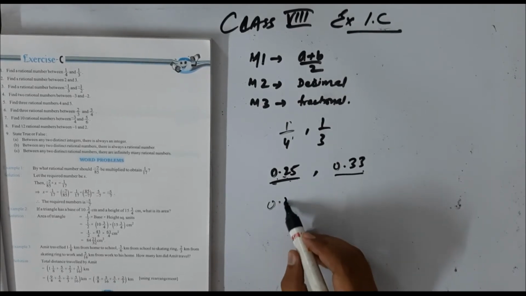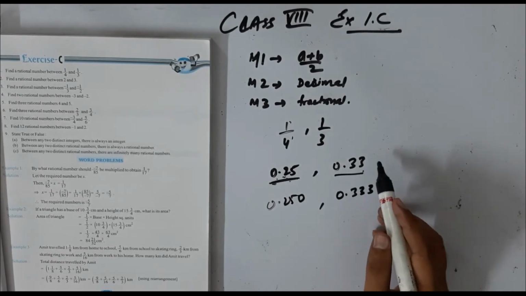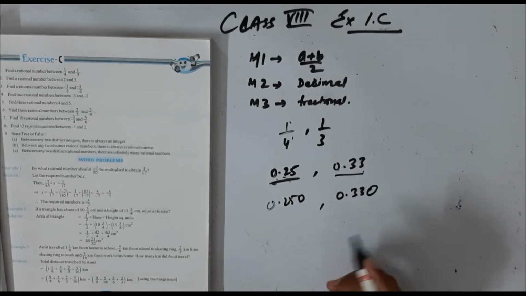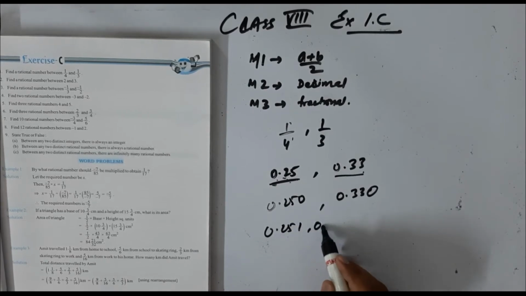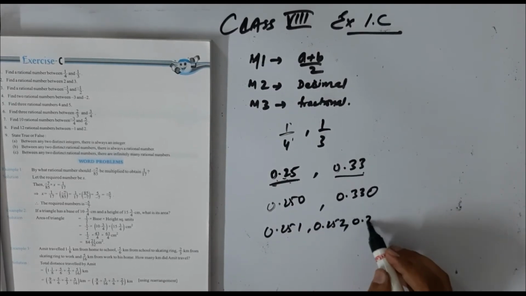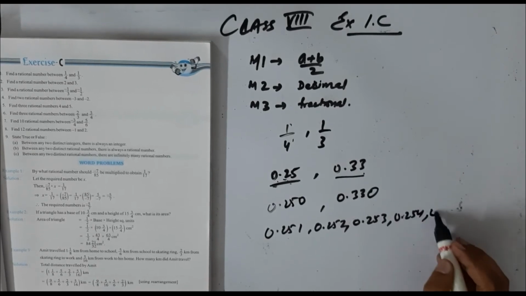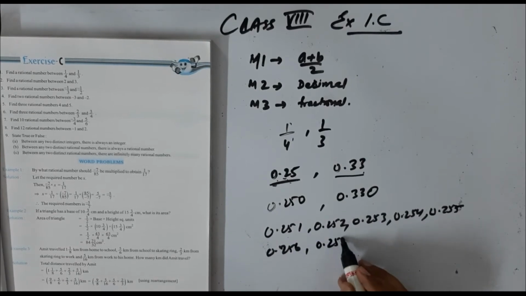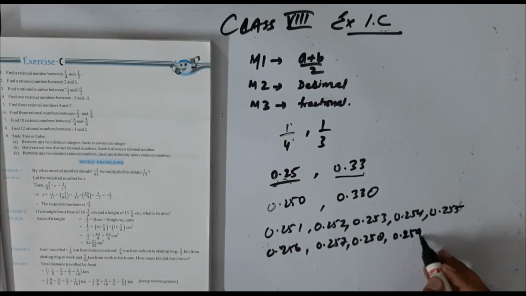We can write this as 0.250, and this we can write 0.33, or one more 3 we can take, or if you don't, you can take 0. So now you have to insert rational numbers. So 0.251, 0.252, 0.253, 0.254, 0.255, 0.256, 0.257, 0.258, 0.259,